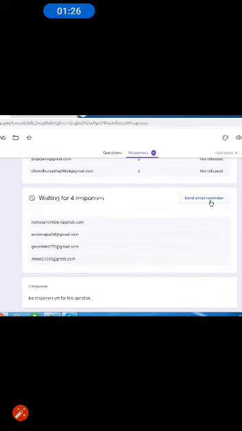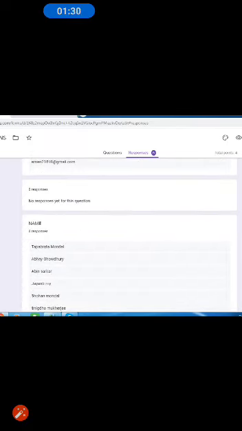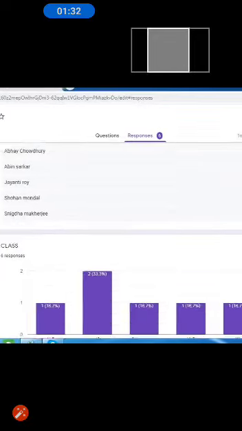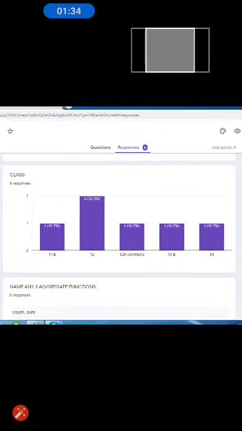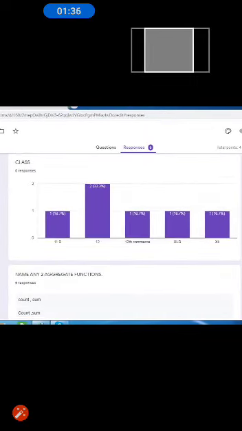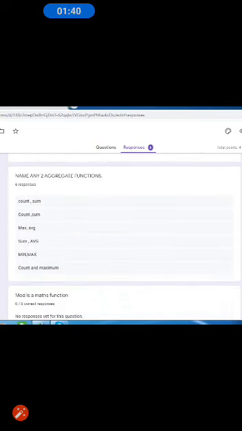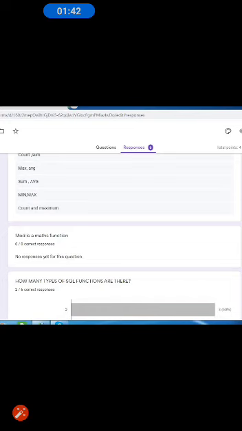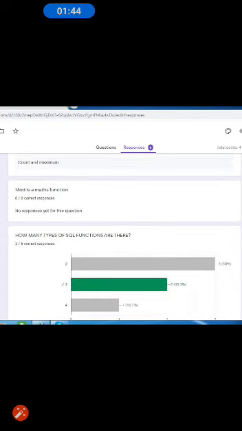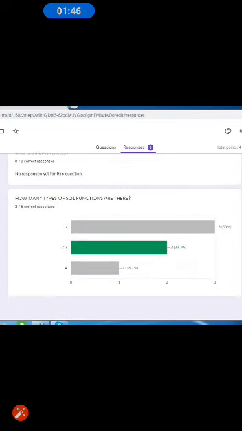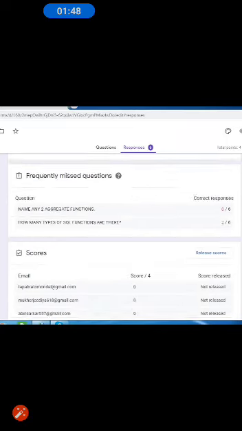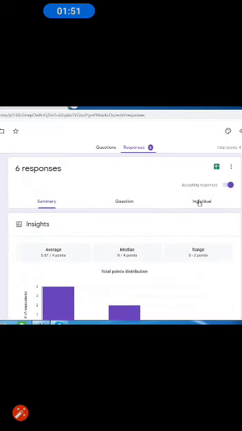We can get a list of all those students who have not appeared for the exam and send them email reminders. Again, we can also have an analysis by these graphs of how the students performed in the exam. Question-wise analysis is also possible with the help of the summary section.